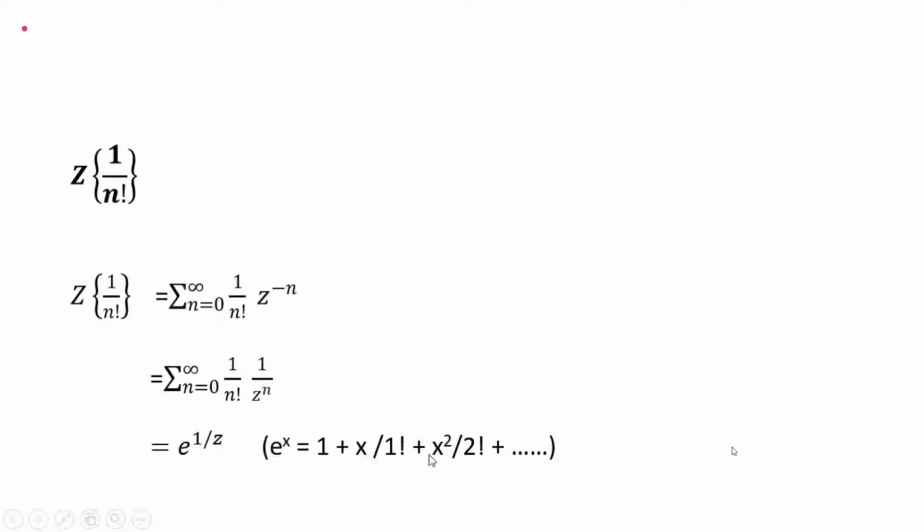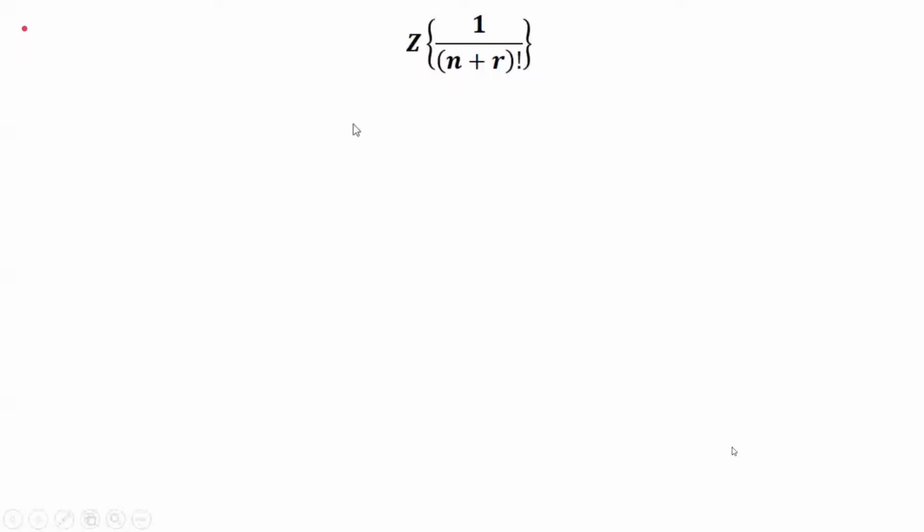In the place of x, you have 1 by z. So the expression is e to the power 1 by z. So I have z transform of 1 by n factorial as e to the power 1 by z. Okay, fine. Now let us see how to use the left shifting rule to find